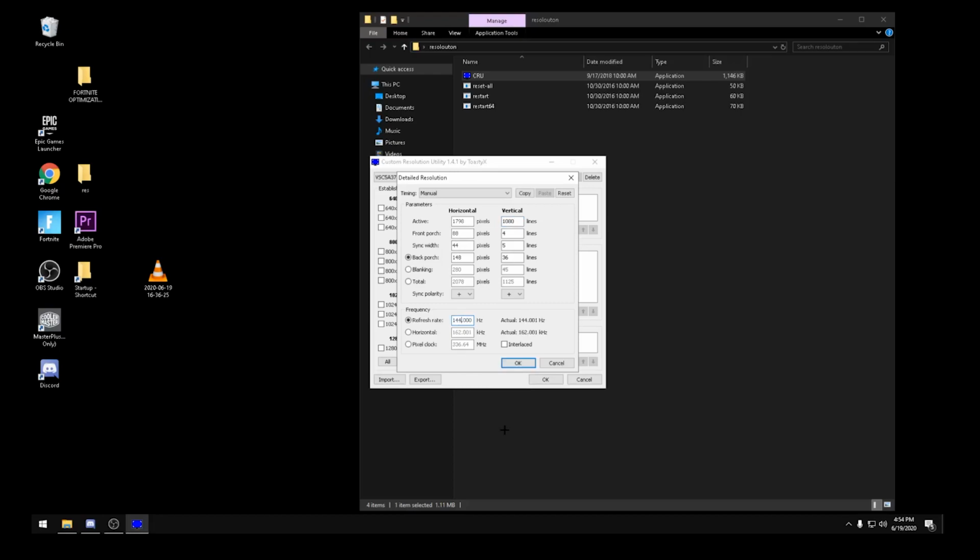So I play on 144 hertz, so I'm going to put in 144.123. So it should be 144.000. Or for example, if you play on a 240 hertz monitor, you're going to put in 240.000. It's pretty self-explanatory. At the very top where it says timing, we're going to change it from manual to